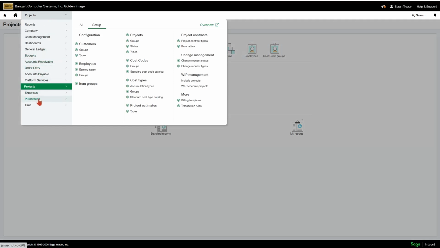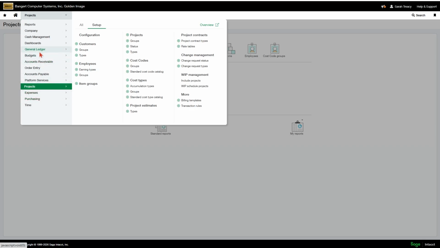And within those modules, Intacct is going to use item to tell the system which GL account to post to. So item in Intacct is going to be something that you may not be familiar with from your old accounting software, but it is required to function within purchasing and order entry. So there are certain items that come out of the box, as well as cost types and GL accounts.